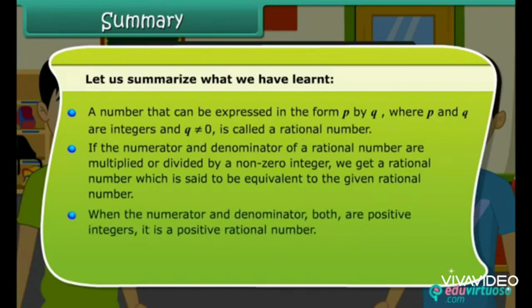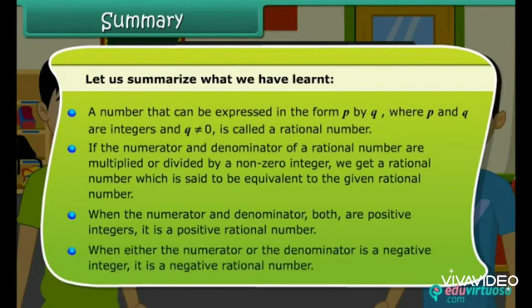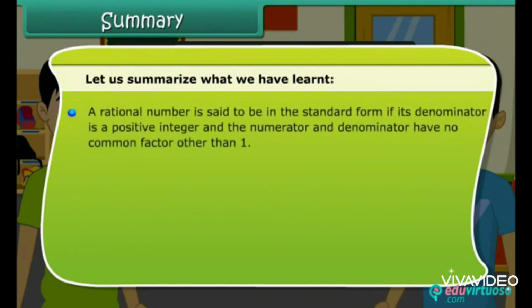When the numerator and denominator are both positive integers, it is a positive rational number. When either the numerator or the denominator is a negative integer,